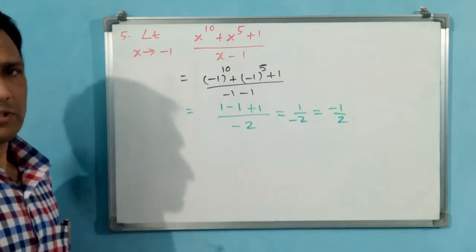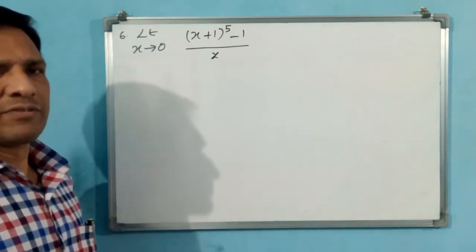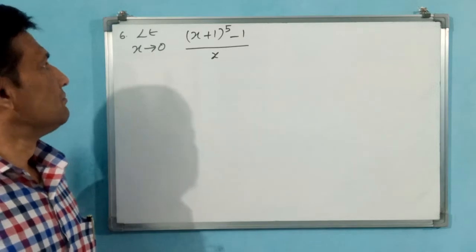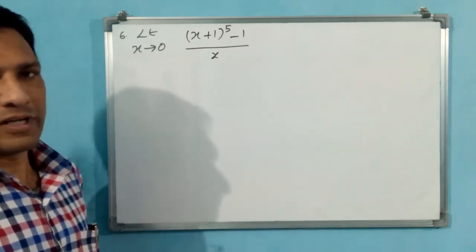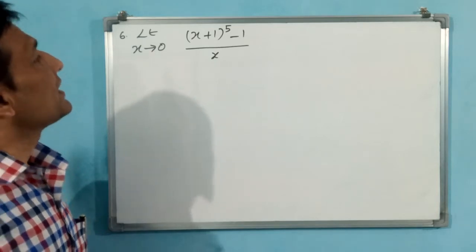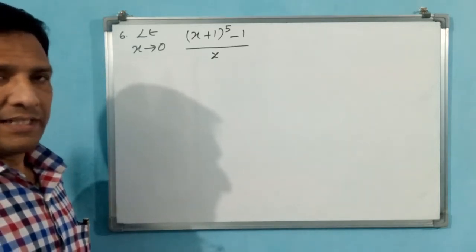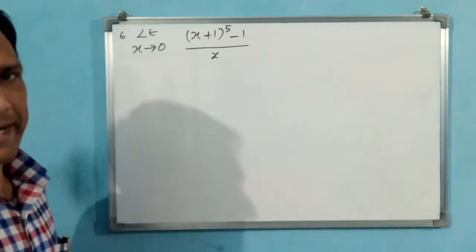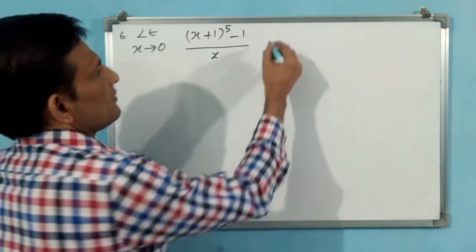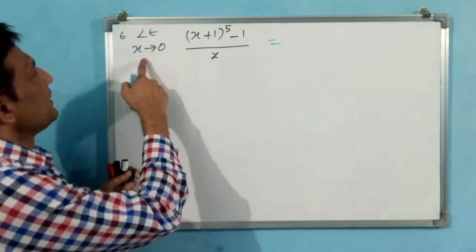Let us go for the 6th question. This question is a little bit typical. Typical means we can say 0 by 0 will come. 0 by 0 form will come, then we have to go for another process. Let us see what will happen. First we substitute directly. If 0 by 0 comes, then we will analyze what has to be done. Why? Because in the 5 questions, they have given simple questions. In the 6th question, they have given a little bit tricky one.